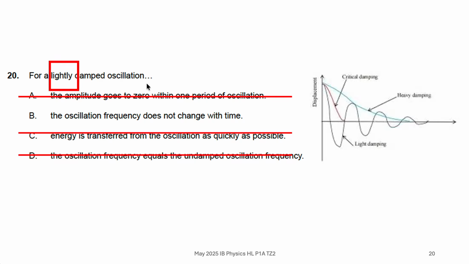However, what we notice here is that the oscillation frequency is consistent over time. And you can see this drawn here. I've got a consistent time period, i.e. a consistent frequency, which is why the answer here is